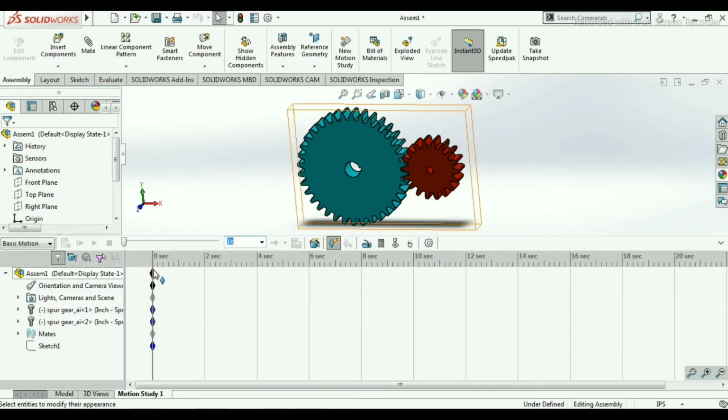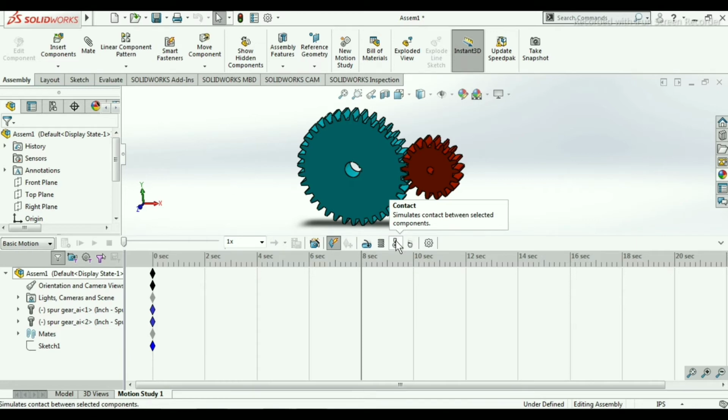And here we have to select some time. So I am selecting up to 8 seconds. Then now we will click on contact.